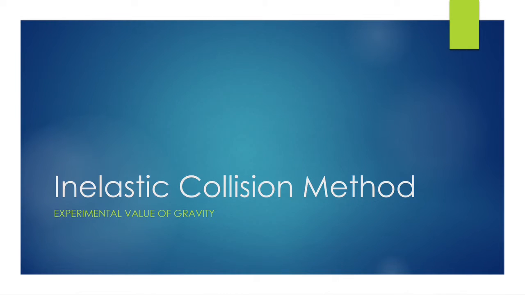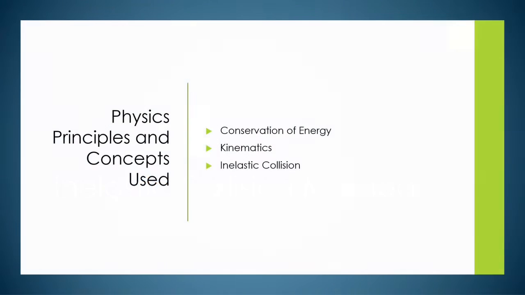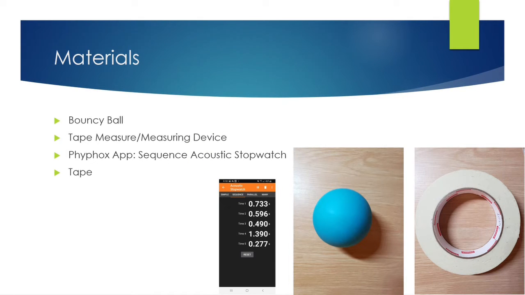This is the inelastic collision method to determine the experimental value of gravity. The following physics principles and concepts have been used: conservation of energy, kinematics, and inelastic collision. The materials needed are a bouncy ball. This doesn't have to be a rubber ball. It could also be a volleyball or a basketball, a tape measure or a ruler or a meter stick,